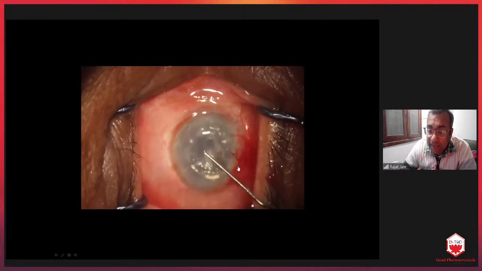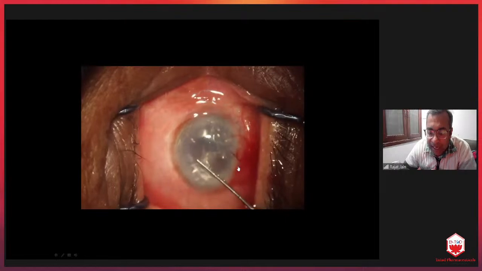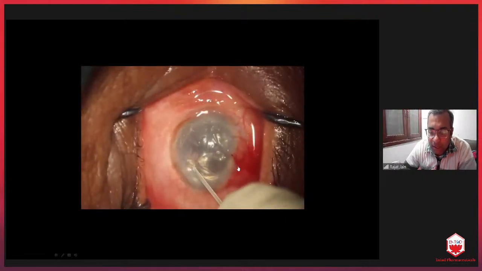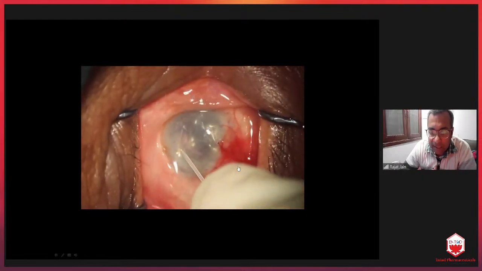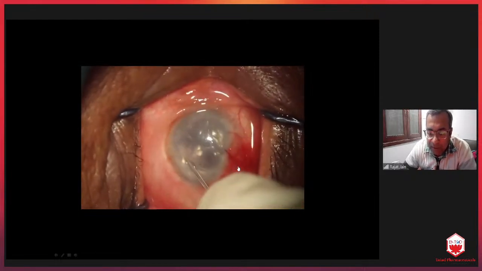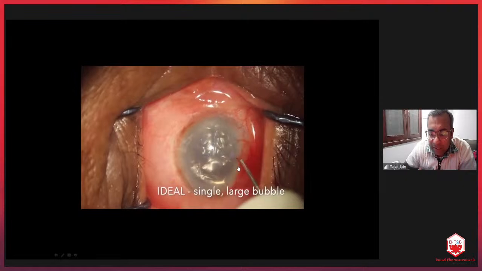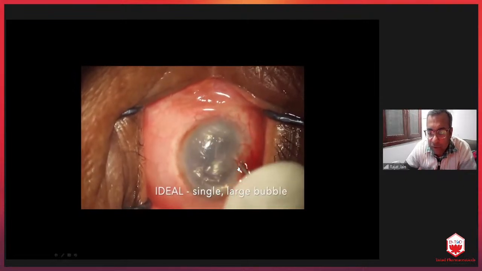Now what you notice here is a very striking feature: there are two bubbles formed. The second bubble which I am trying to coalesce is not coalescing. It is probably anterior to the desmoids, in the Dua's layer. So you have to get this out so that the DM is nicely opposed. An oblique 26 gauge is used, very oblique, very slow, and you can get it out. And now we have a single large bubble which is opposing the DM to the posterior surface of the cornea.